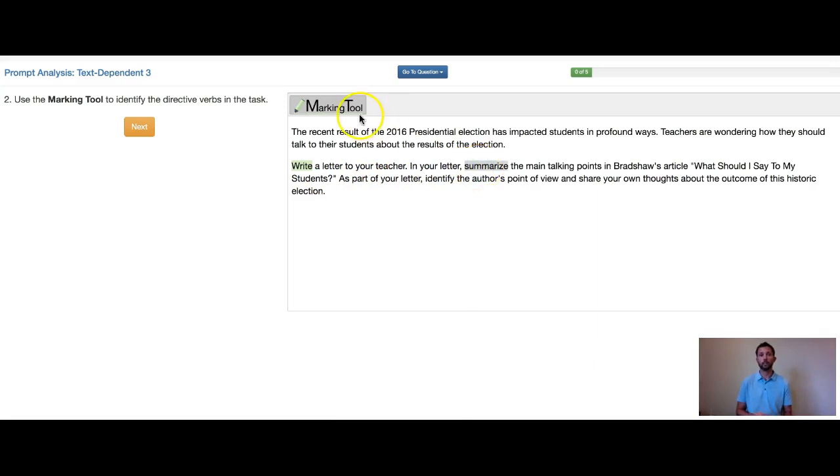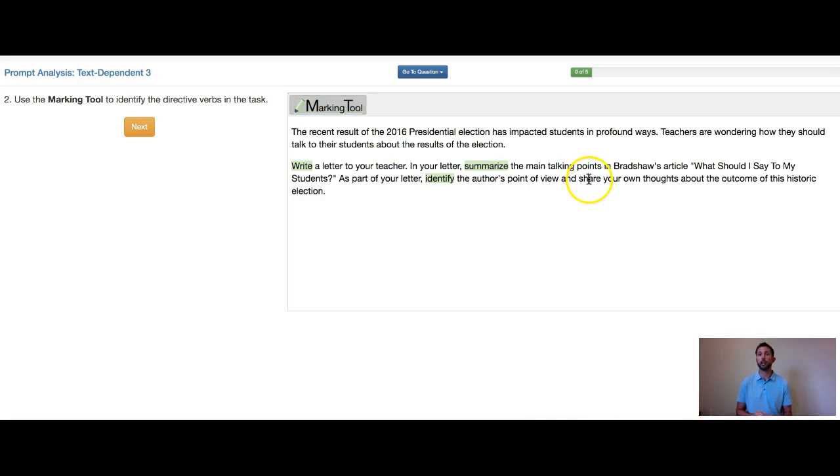And then the second directive verb is summarize. So summarize the main talking points in Bradshaw's article. Talking points are basically like the main points. What is Bradshaw really saying? What's his main ideas? As part of your letter, identify, okay, there's our third directive verb, the author's point of